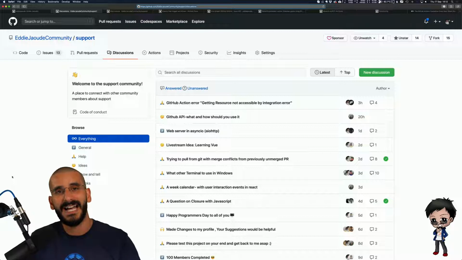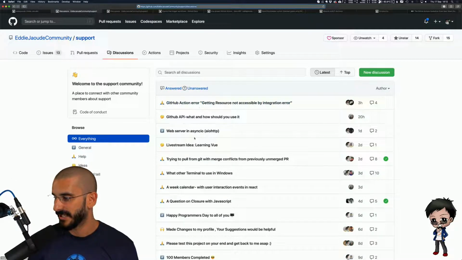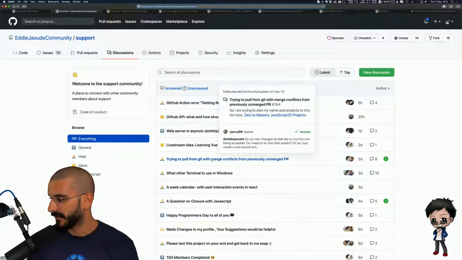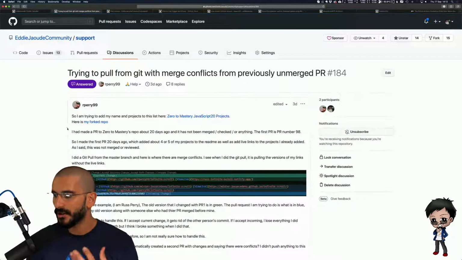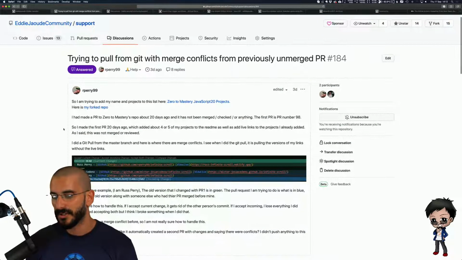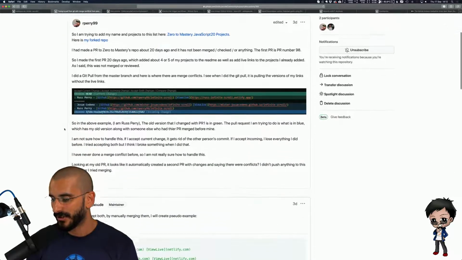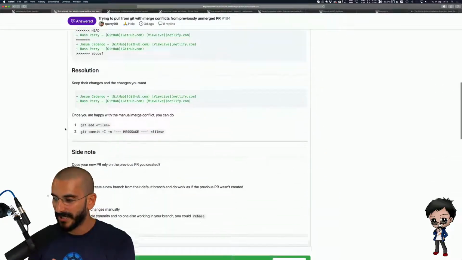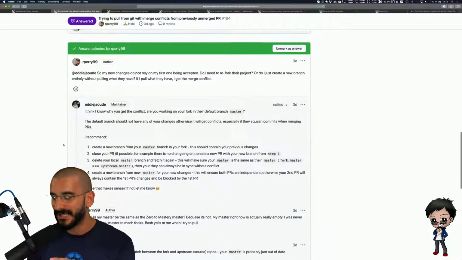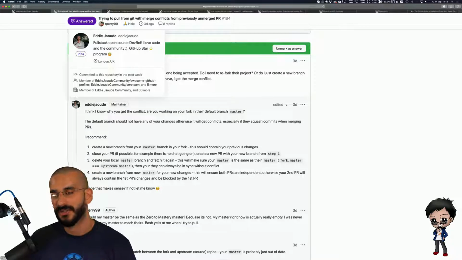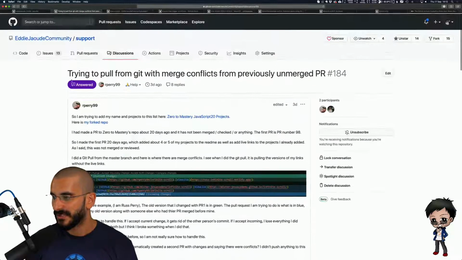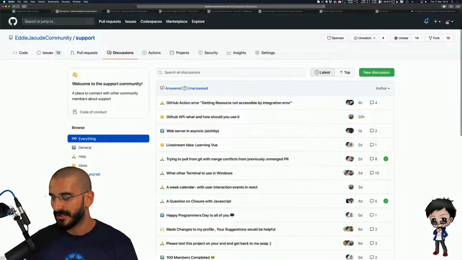And then the great thing about that, other people can give you feedback and suggestions and ideas. So let me pick one that's been quite busy. It looks like an issue, the discussions, but it's on steroids because you can have multiple people reply, but then you can have threaded replies. So you can then reply underneath, and the person who raised it then can accept an answer. So you can see what's answered and what's not answered. And you have the different categories, like I said. You could raise a show and tell, a thank you, ideas, help.